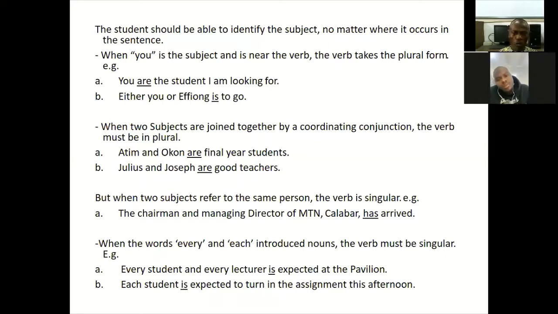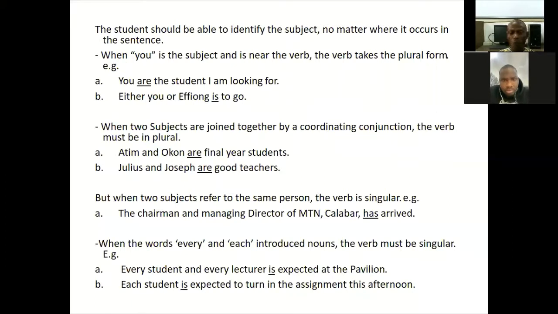I went ahead to look at it that when two subjects are joined together by a coordinating conjunction, the verb must be in the plural form. Atom and Okun are final year students. Atom and Okun, these are two persons, and the two are being brought together by a coordinating conjunction to make the subject plural, and therefore it agrees with the verb "are" to make the sentence